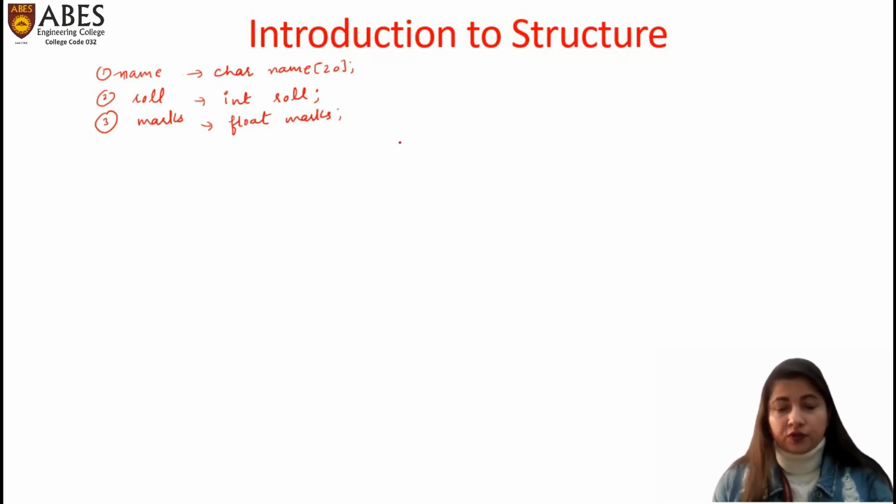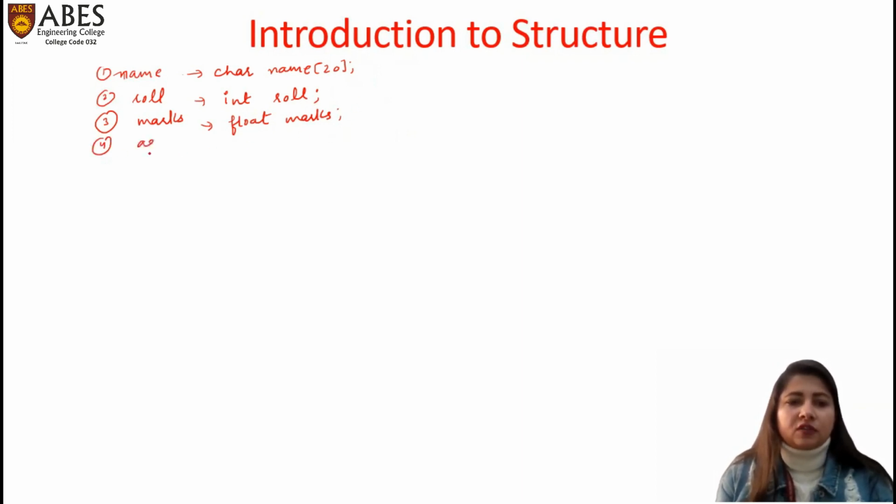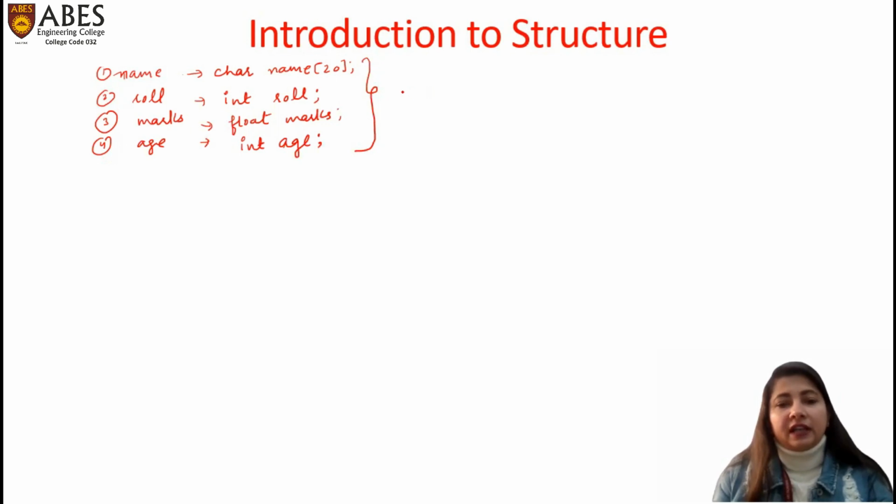So if I want to store information of a single student, I can take three variables, one of string type, another of integer type, and a third of float type. And let's say if I want to store the age of this student, then I'll take another variable of integer type, let's say age. So I will need four variables to store four different types of information for